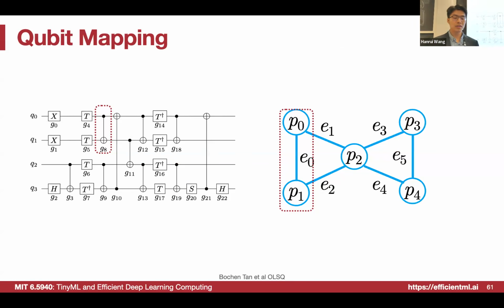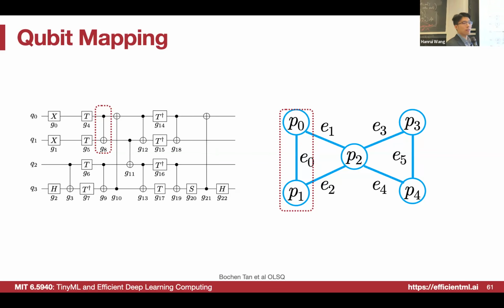One of the most core and most popular problems in the quantum machine is called compilation. It is called qubit mapping. So intuitively, what is the qubit mapping task? For example, we have a quantum machine with 5 qubits, and those qubits have some connectivity, some connections. Say between P0 and P1 we have an edge, right? And between P1 and P2 there is also an edge. So we have 6 edges in this graph. Each edge means that we can do some operations between those 2 qubits.